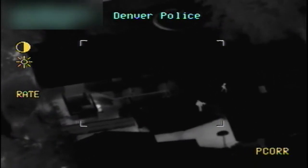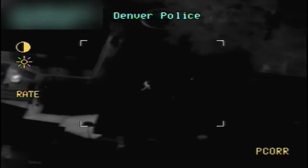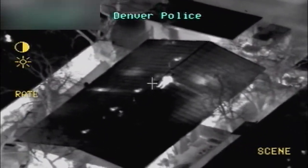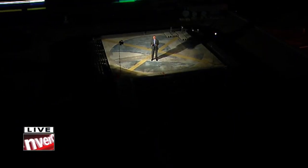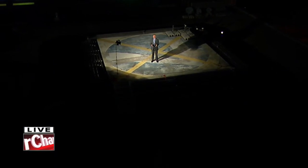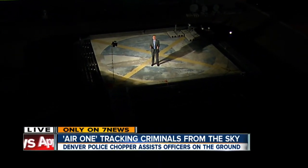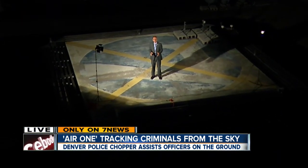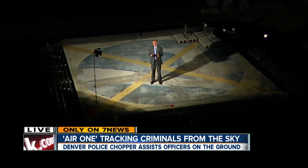If I can help those cops go home at the end of the night where they don't have to face an armed suspect without knowing where he's at, I will do everything in my power to help out. Some cities have cut the helicopters out of the budget. Colorado Springs 5 years ago had 2 helicopters and got rid of them because of budget reasons. But Commander Phelan tells me grant money takes care of most of Air One's costs, and it's here to stay